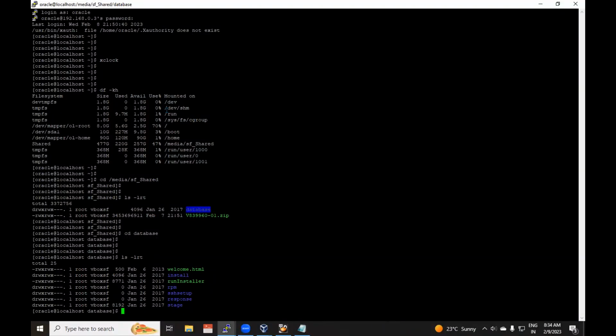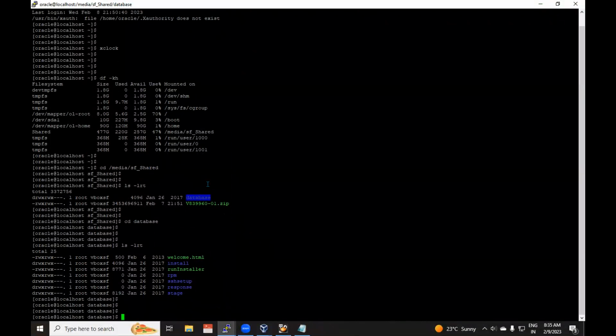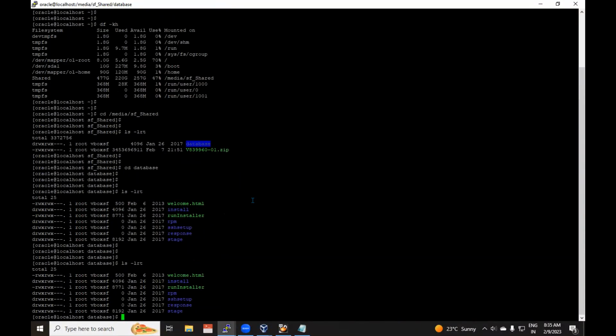Krishna, Narendra, Mani? No. It's clear, right? These are the Linux commands I'm just using, that's all. If you install the OS and practice these commands, it will be very easy for you. It's just generic commands I'm using just to see the list, to change the directory, to get into the directory, that's all. So if I give the ls-lrt, again it will show all contents under that particular folder.